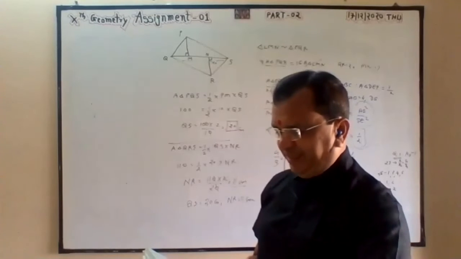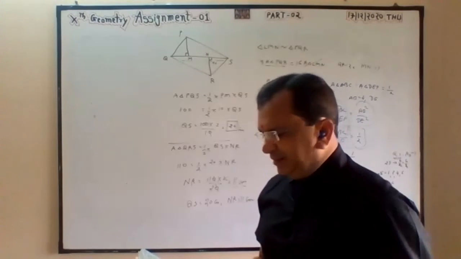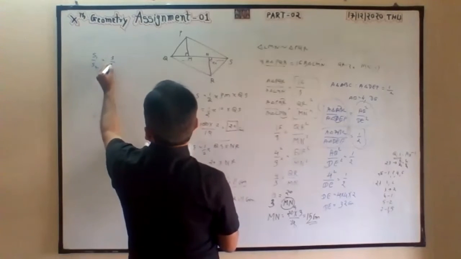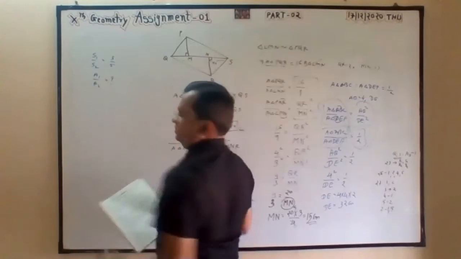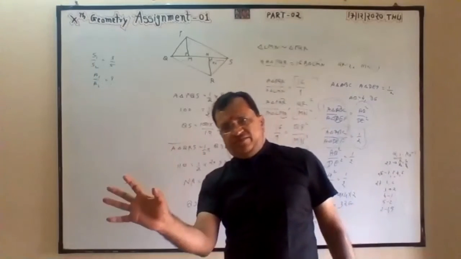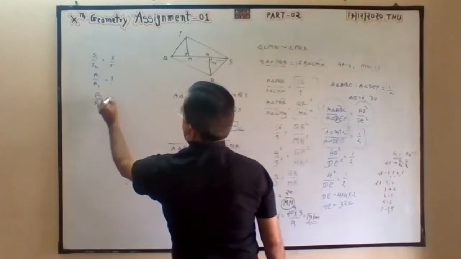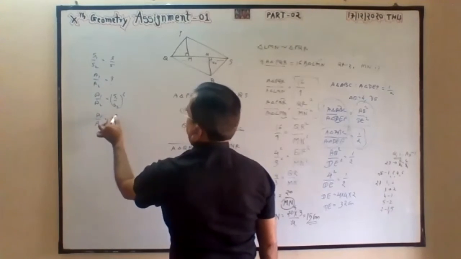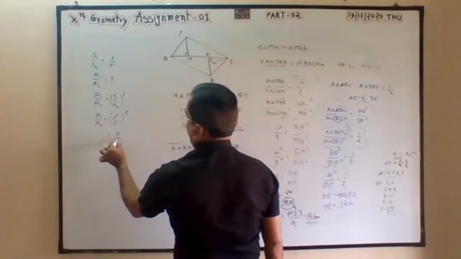The ratio of corresponding sides of similar triangles is given. Find the ratio of the area. So side 1 by side 2, ratio of side is given. So A1 by A2 is equal to how much? When ratio of area is given, you have to find out ratio of side. When ratio of side is given, I am giving you both examples. Area 1 by area 2 is equal to side 1 by side 2 square. So area 1 by area 2 is 3 3s are 9, 5 5s are 25.